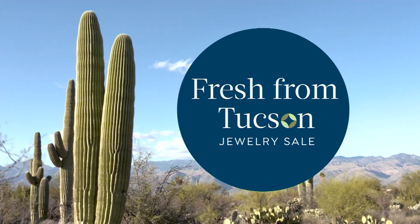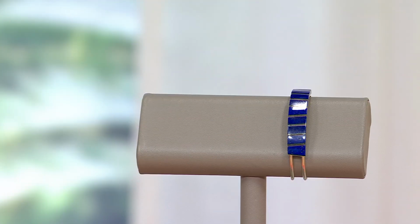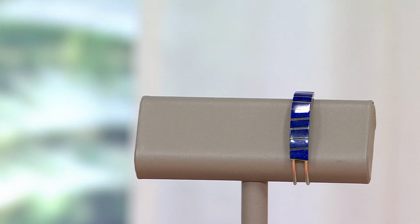Okay. Now we're coming up to a piece that... Yeah, I know you love this, and I do too. Guys, there's not time for a full presentation of this one, though, real fast. It's our gorgeous lapis